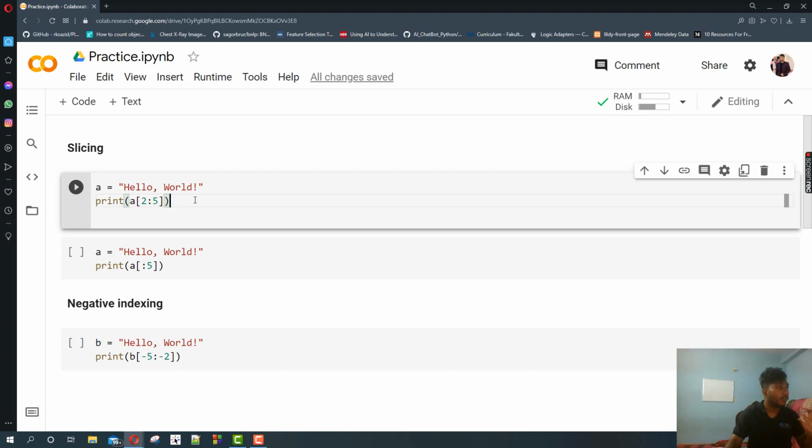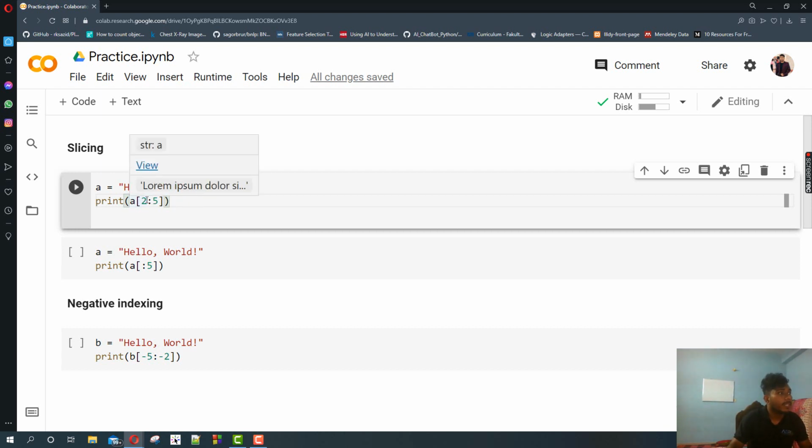Before doing that we need to understand string indexing first. We first need to calculate the index numbers of those three letters. You see H is 0, E is 1 and L is 2. That means our desired letters start from 2: 2, 3, 4. These three indexes are where L, L, O are located. Now how can we extract that? We will simply write 2 colon 5. Okay, 2 colon 5.